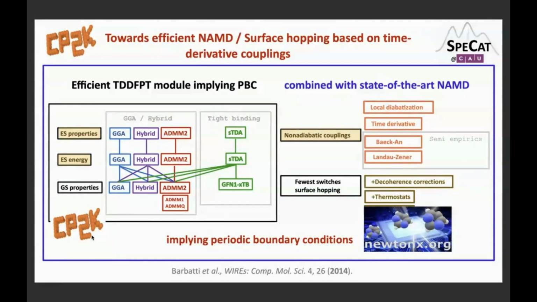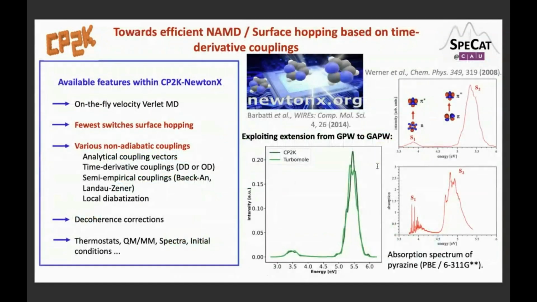We did this with CP2K and Newton X, so that our current work is now to gain access not only to excitation energies and excited state gradients, but also to non-adiabatic couplings. There are semi-empirical couplings which actually come for free. And there's already a tutorial on the web page which goes through this,